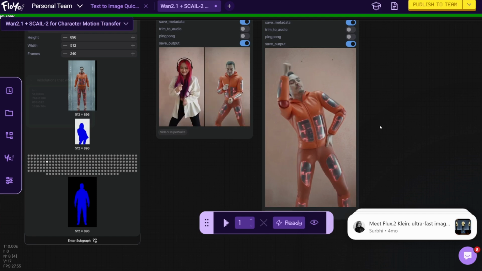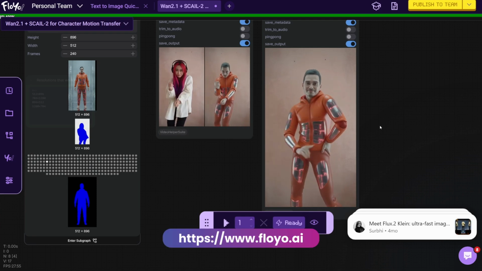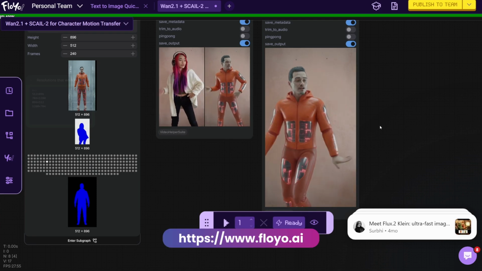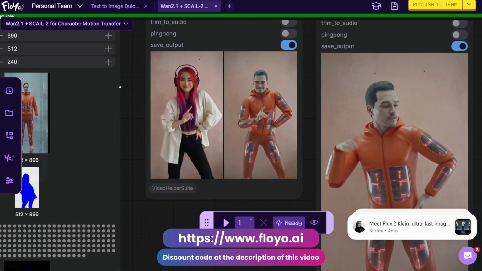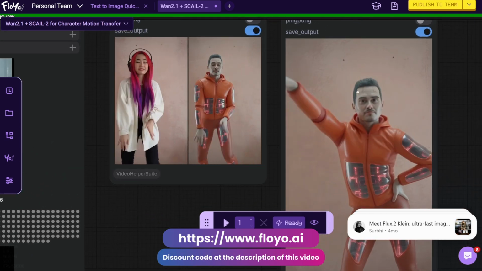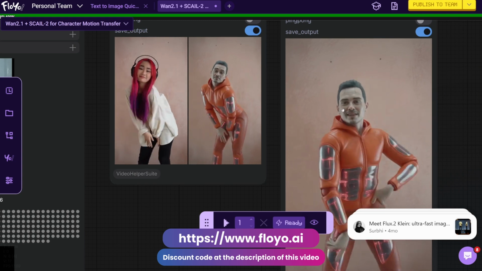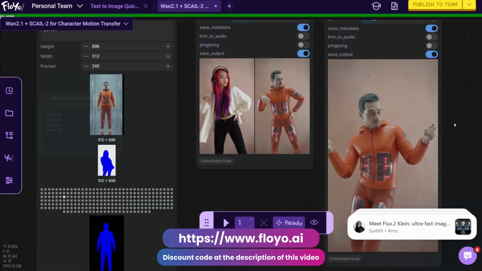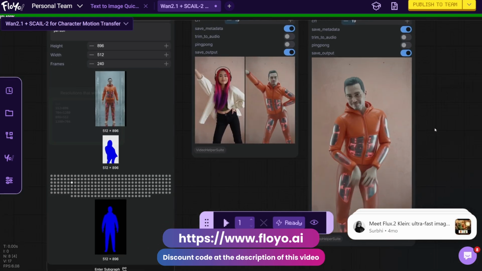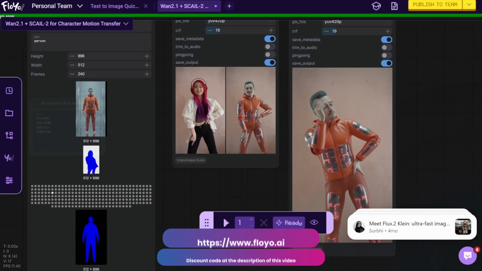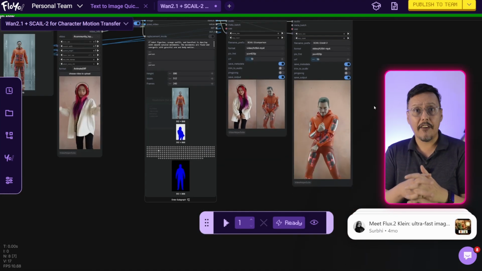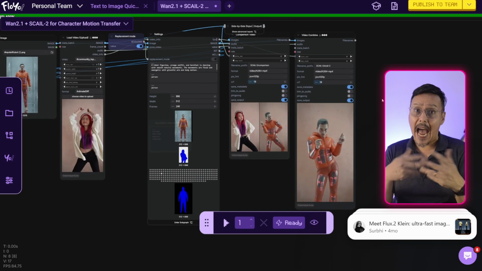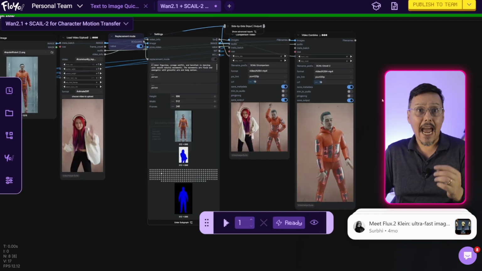Before we dive into the step-by-step process, I want to clarify exactly what you just saw. It isn't a hand-drawn animation, motion capture, or an actor in a sensor suit. It's a model that reads movement from a video and transfers it directly onto a still image. This means that, in theory, any photo you have can end up dancing, acting, or moving exactly like the reference